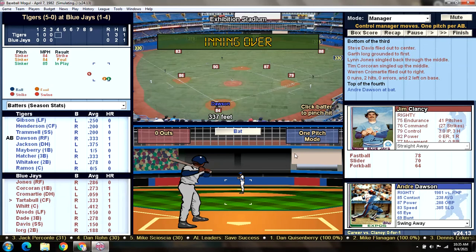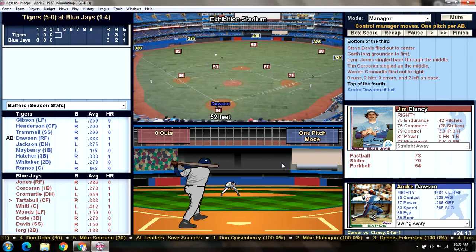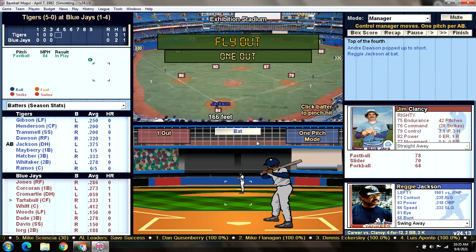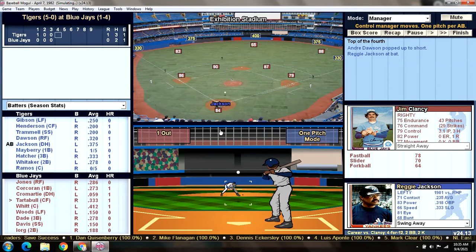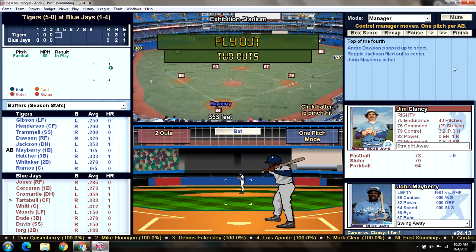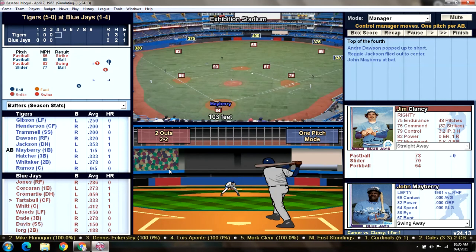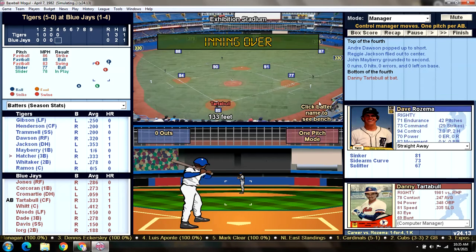1-0 Detroit with Andre Dawson, Jackson, and Mayberry coming up, 4, 5, and 6. Dawson popping it up on the infield, and Davis will make the play. 1 down. Reggie's up next. Come on, Reggie, let's get something started here. Weak fly ball to center. Tartabull makes the play. He's going to leave it up to Mayberry, who hits a weak ground ball to second, and that'll do it. Another 1-2-3 inning. Game is moving along